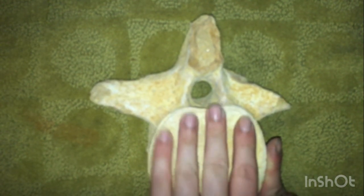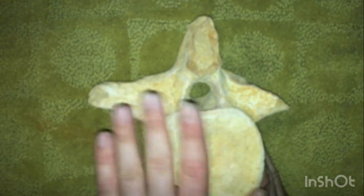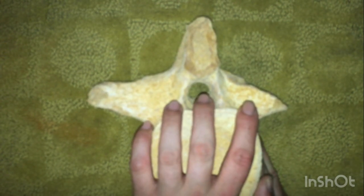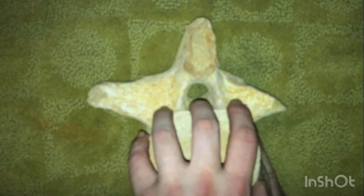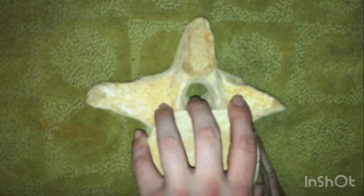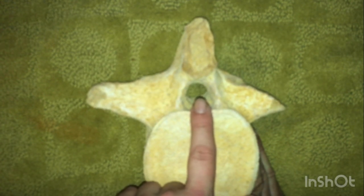Now, vertebrae are very cool because, and these are for experts, not for people like me, they can very easily determine what animal they are from. The skull and things like flippers may be the easiest, but vertebrae, especially with certain kinds of animals, are very easy to tell what exactly animal it is. Or what group, what family,